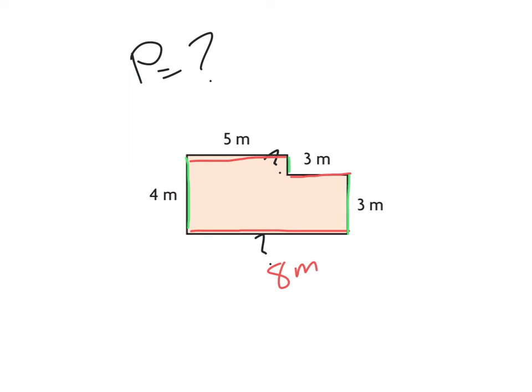Now I'm just looking left to right. On the left side, I see 4 meters. On the right side, I see 3 meters plus a little gap there where it didn't give me anything. Well, if I wanted to make it the same, I'm thinking, what plus 3 is going to give me 4? And that's pretty easy. So I'm going to say that's going to be 1 meter. So now that I have all my dimensions,